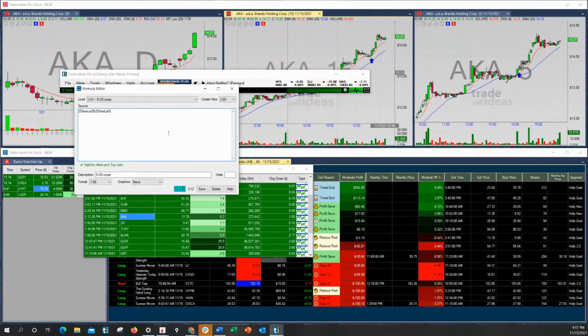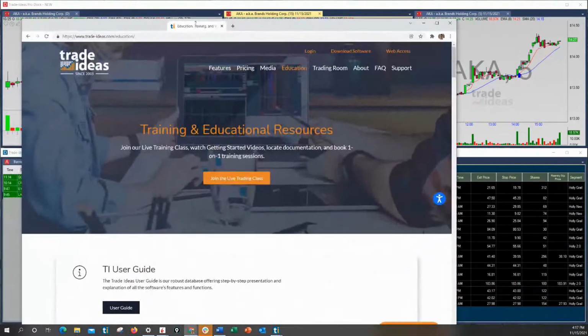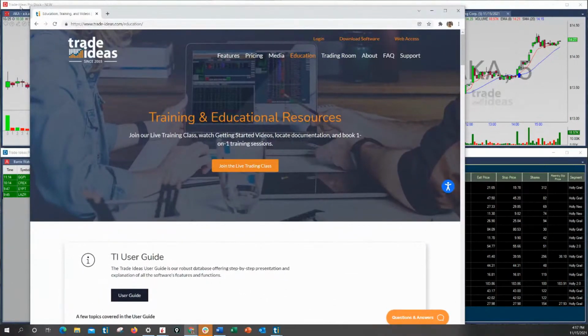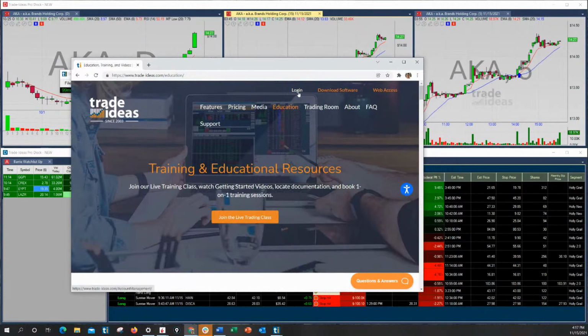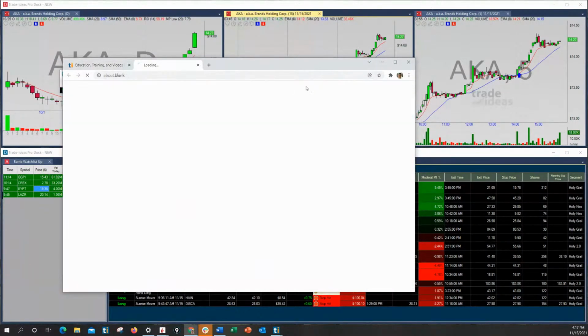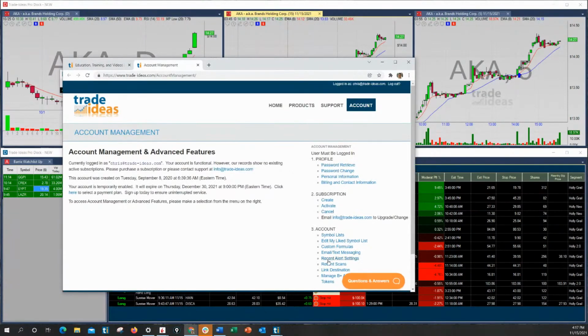Where do I go for ideas on custom formula coding? You'd have to come to our web page. Doesn't matter where you are on this. Let me shrink this down so it's more appropriate for the resolution of the screen. If you go to Login here, and you come to Custom Formulas on here, okay,